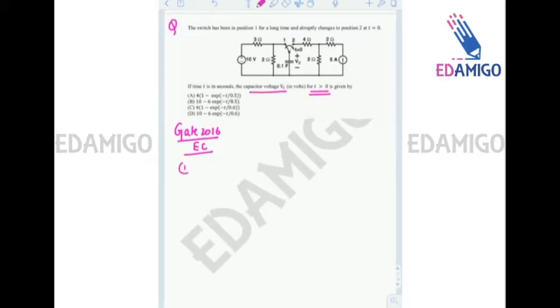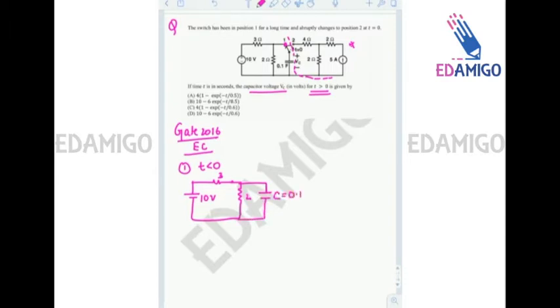Now first of all, we draw the circuit for t less than 0. Since for t less than 0 the switch was at location 1, this circuit, which is to the right, is of no use. For t less than 0 the circuit will be 10 volt battery, 3 ohm resistance, 2 ohm resistance, and a capacitance